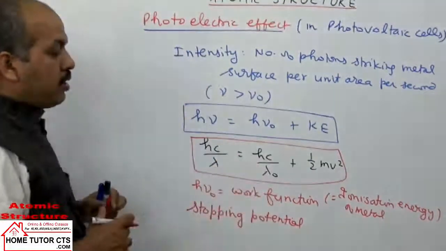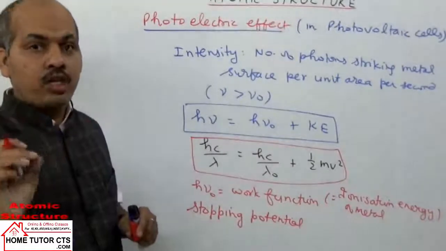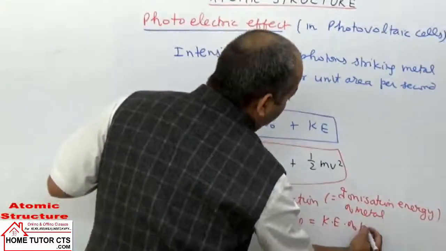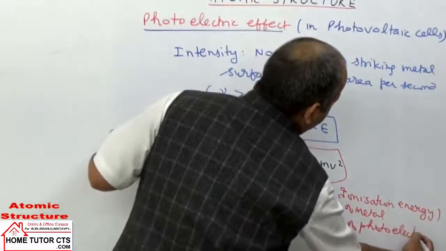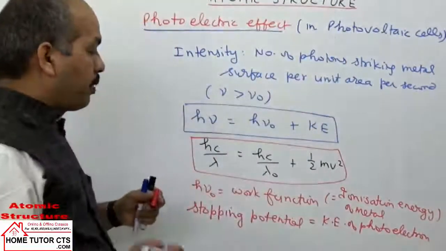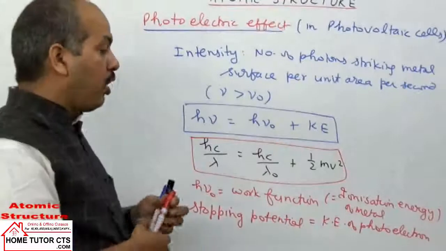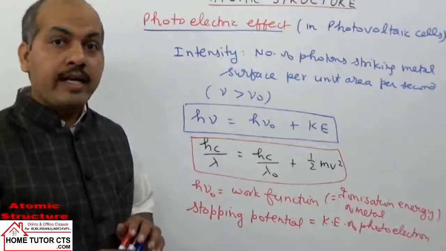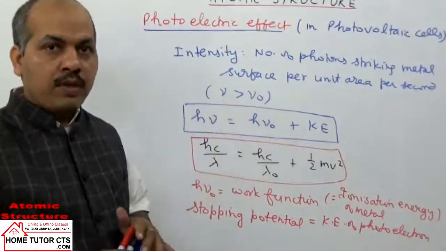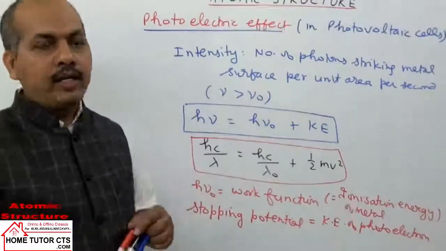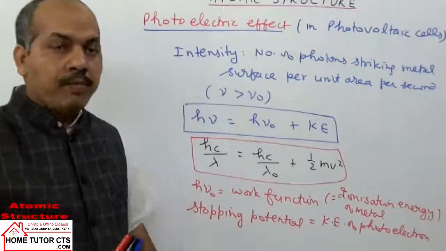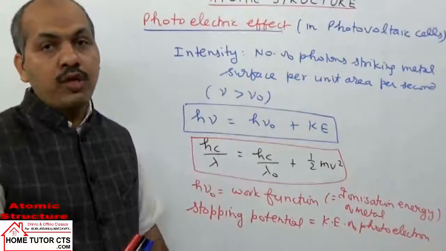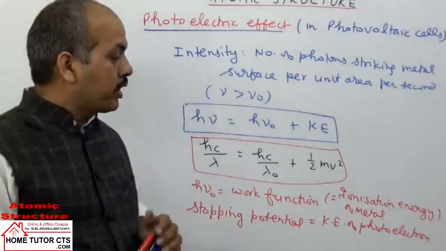In this term, stopping potential, students commonly make mistakes. ये होता क्या है? Stopping potential simply implies the kinetic energy of photoelectron. When the electron is ejecting out, it possesses some definite kinetic energy. It is moving. To stop the electron from any movement, some energy will be required. That energy required is called the stopping potential. Numerically it is equal to the kinetic energy of photoelectron.